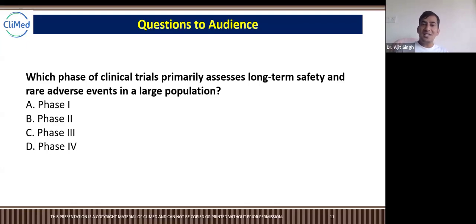So why we are discussing this is because when we do clinical trials, we do it for a short term time, right? We do it for a month or 6 months or 5 months. But there are some drugs which cause injuries or harm to the body when they are taken for years, long term, like 4, 5 years, 10 years, or 15 years, then only they cause the problems, right? For an example, metformin, if it is taken chronically, like suppose someone is diabetic in 2015 and he